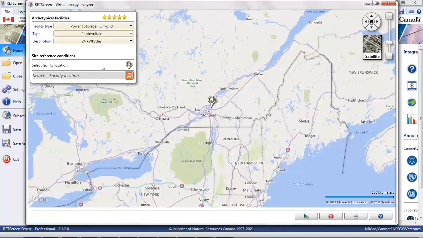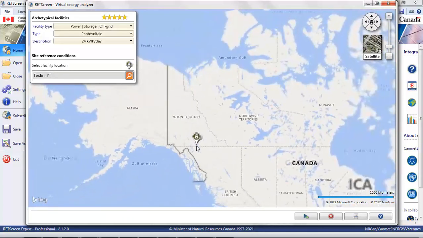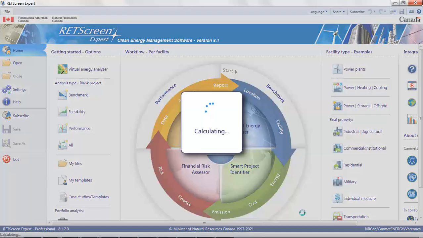For example, a typical off-grid house will consume between 2.4 and 24 kilowatt hours per day. I'll assume that it is closer to the latter, but would need in reality to adjust key inputs to reflect my estimate of the house's load. Finally, I need to specify the location of this project. I'll choose a location in northern Canada, near Teslin, Yukon Territory, and assume that I am providing power at an off-grid site. I click on Calculate, and the model opens with inputs selected for systems satisfying a 24 kilowatt-hour per